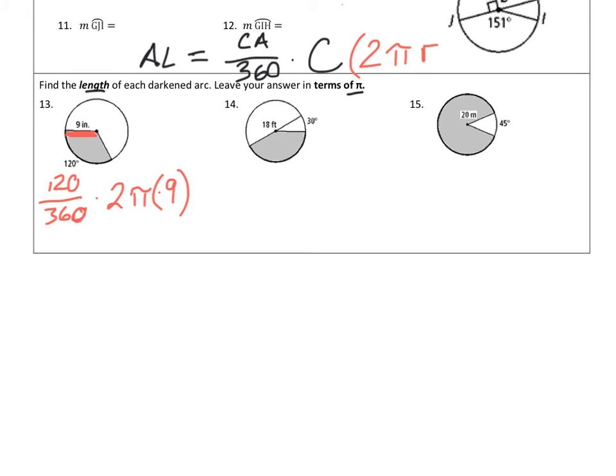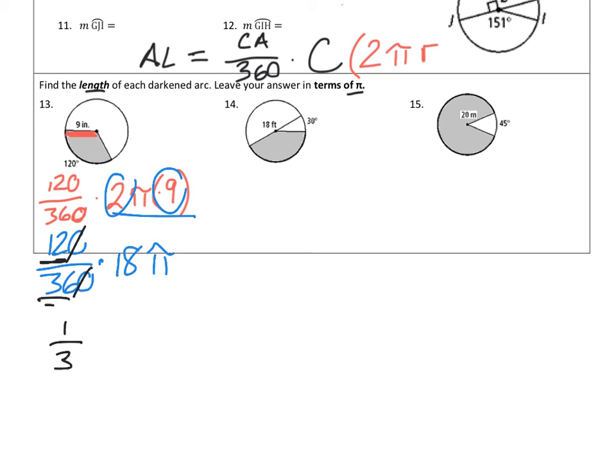First thing I'm going to do is clean up my circumference a little bit. So instead of 2 pi r, I'm going to multiply these two terms, which is going to give me 18 pi. And that's still being multiplied by 120 over 360. Now, if you want to, you could reduce this fraction right now to make it a little bit easier. So 120 over 360, we can get rid of those zeros. 12 over 360, I can divide both of them by 12 actually, which gives me 1 over 3 times 18